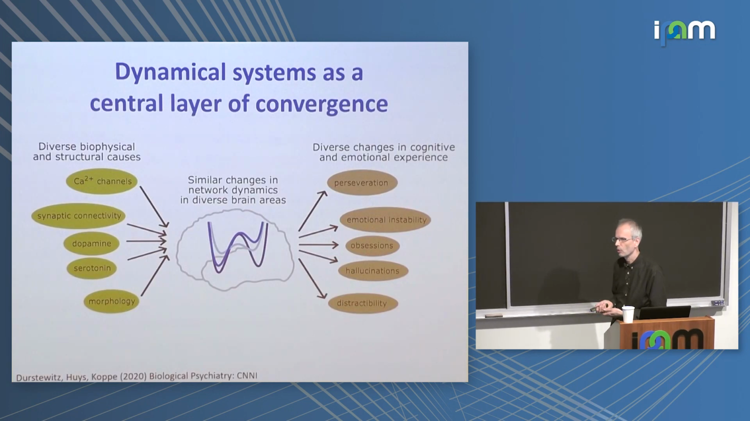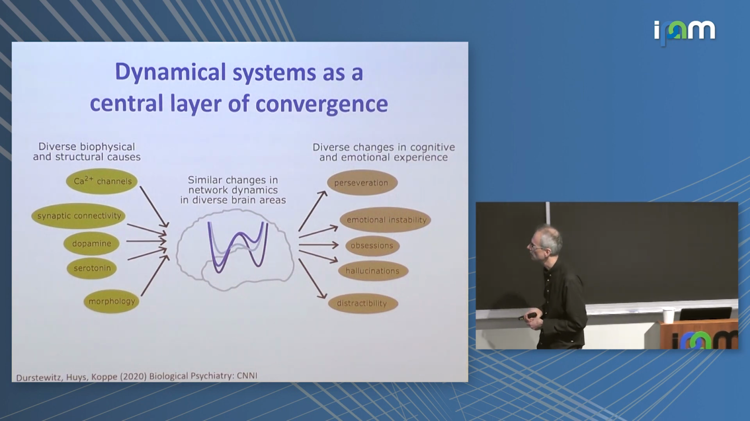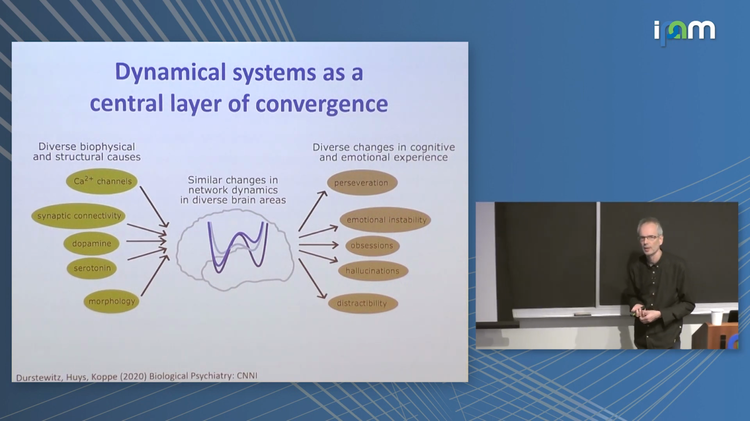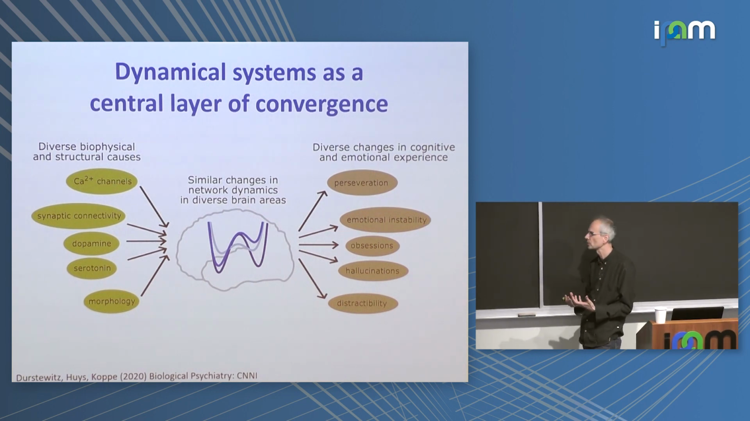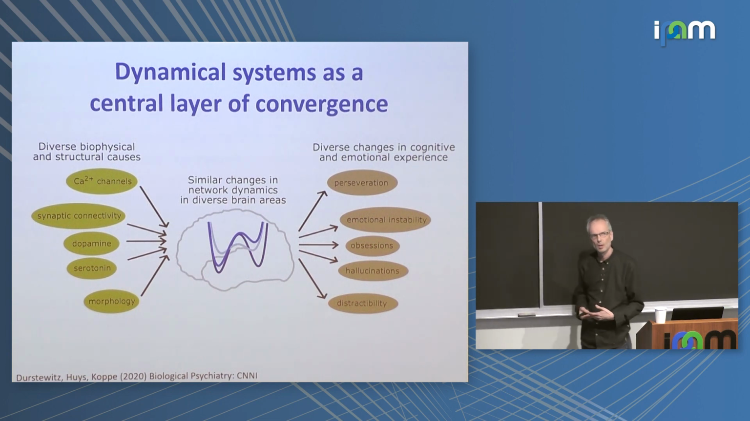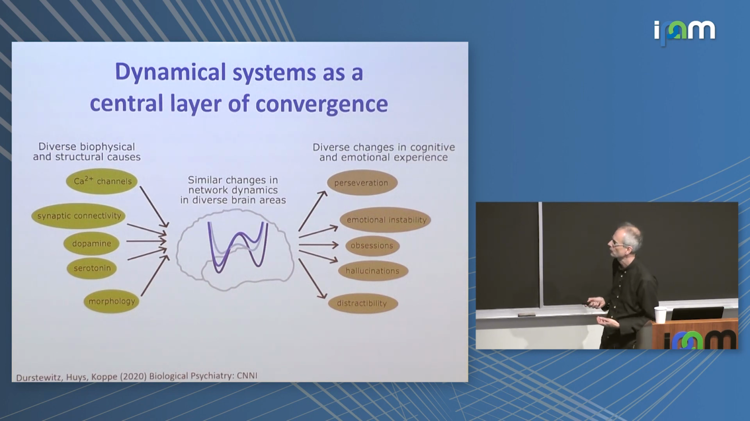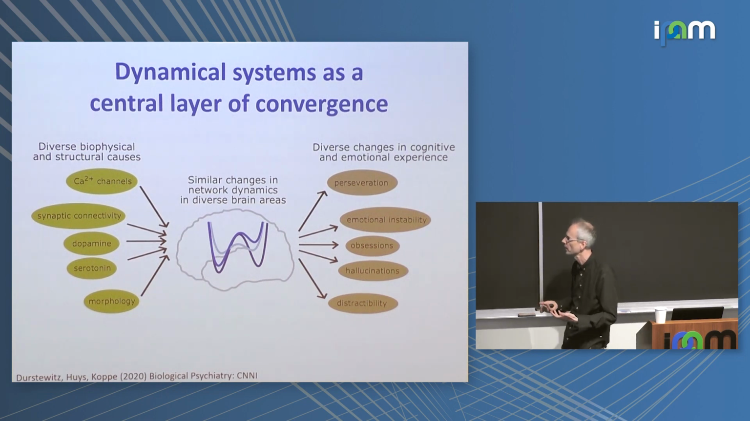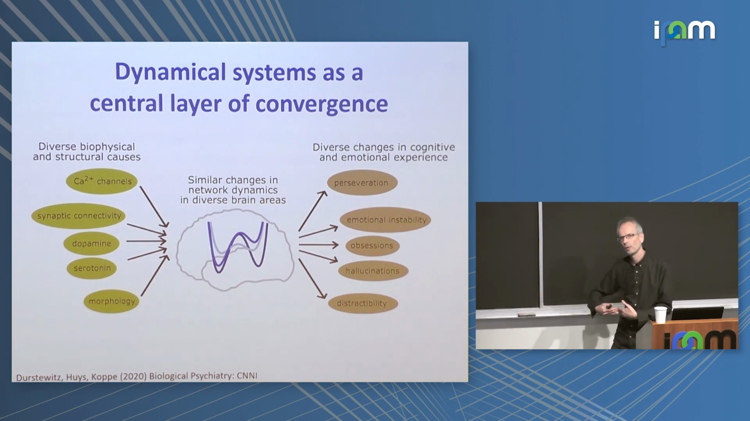Okay, so I want to echo Nancy here in saying that we think that this dynamic systems perspective is really central in psychiatry, and it's also a central layer of convergence, because a number of different changes that happen at a biophysical level ultimately might give rise to similar changes in system dynamics. And at the same time, as I just tried to point out with this example of tinnitus versus rumination, depending on the brain area where you get these changes in attractor dynamics, you might get very different types of phenomena